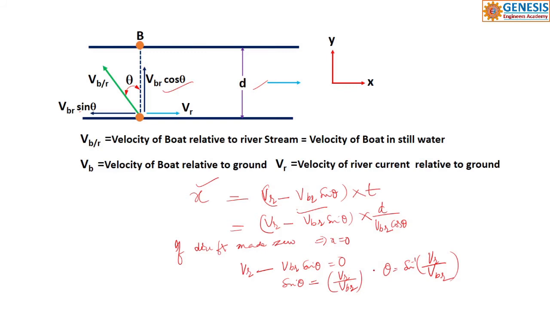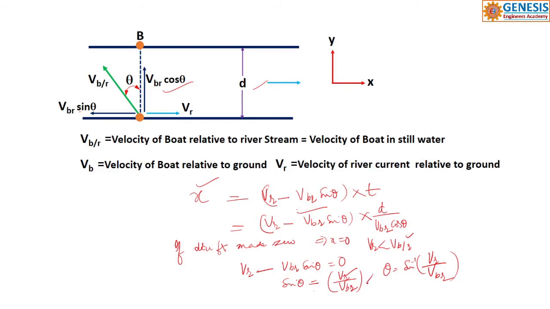Caution must be taken while dealing with this formula. You got my point? So what is that? Here VR is always less than VBR. Otherwise, if VR is equal to VBR, then sin theta is equal to 1. The maximum value of sin theta must be 1, so it cannot have values more than 1. The magnitude must be 1; the direction may change. That is okay.